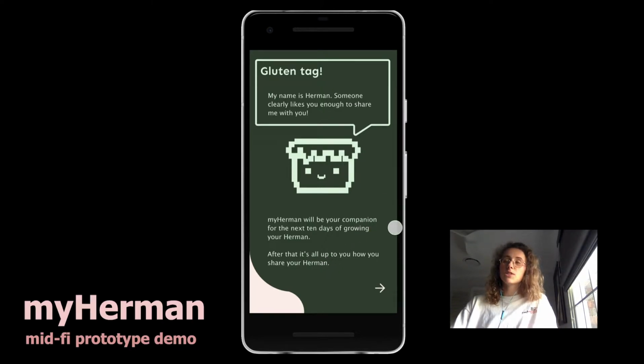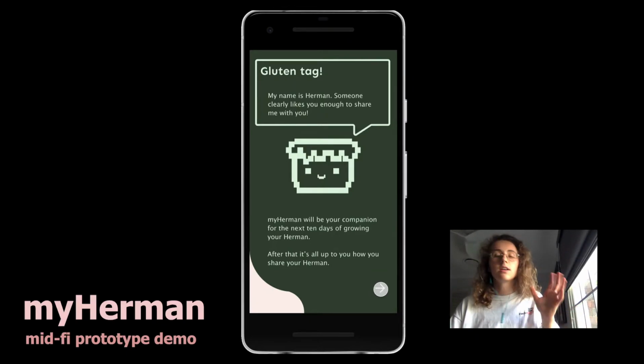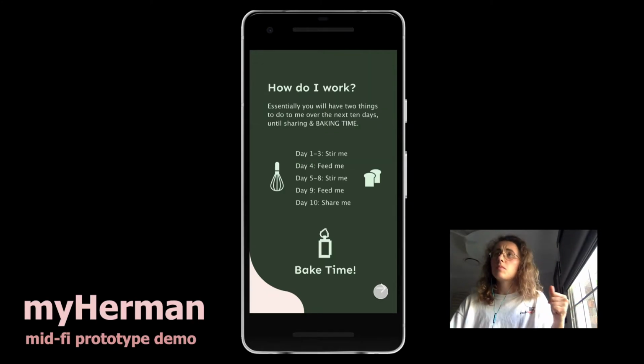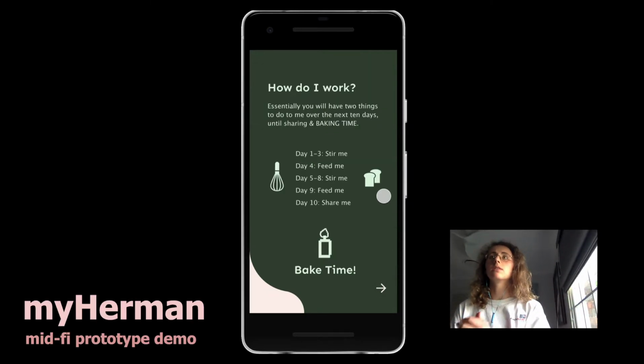The reason that people share Herman is to learn to nurture sourdough starters and to have good cake. So this is a 10-day process. How does this work? So essentially what happens is over 10 days you feed your sourdough starter with sugar and milk and you stir him